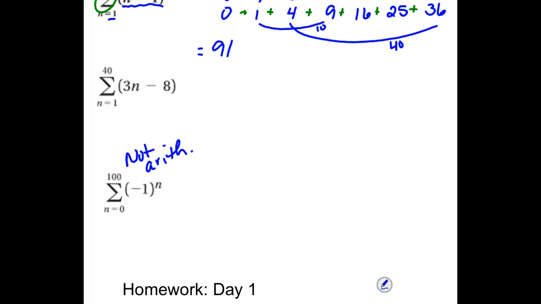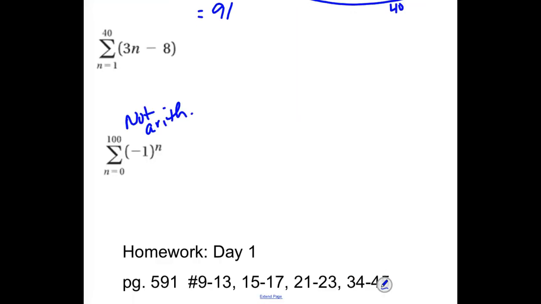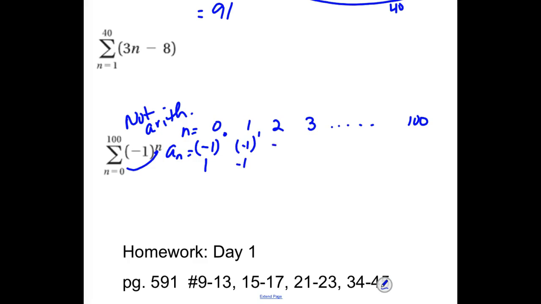All right. So what can we do? Let's look and see if there's a pattern. If we have 0, 1, 2, 3, etc., all the way up to 100, those are the terms we're supposed to figure out. What do we get if we put a 0 in? What's negative 1 to the 0 power? 1. Anything to the 0 power is 1. If we put a 1 in, we've got negative 1 to the first power, which is negative 1. We put in negative 1 to the second power, to the third power,